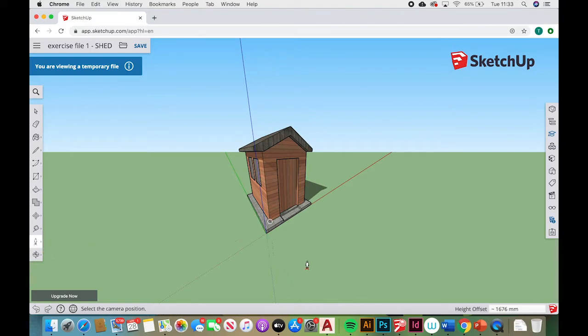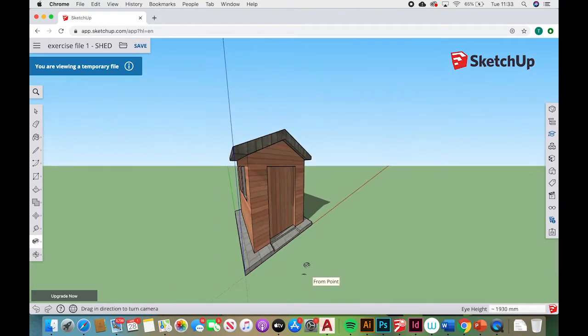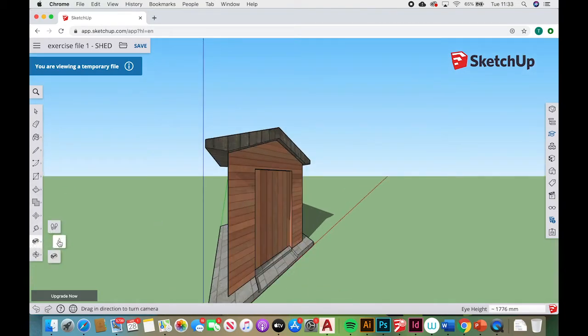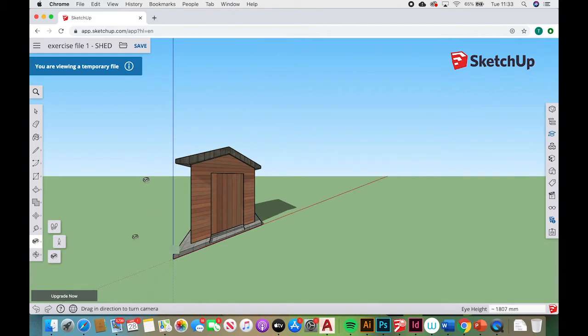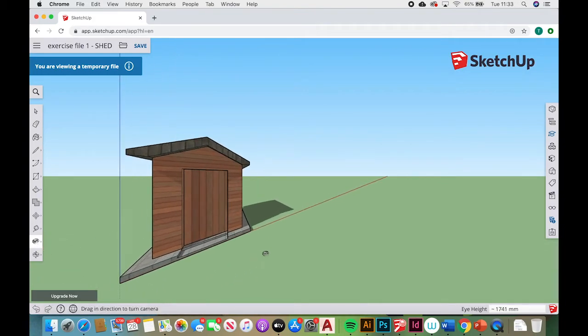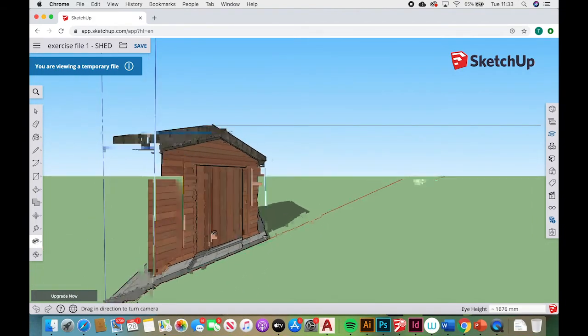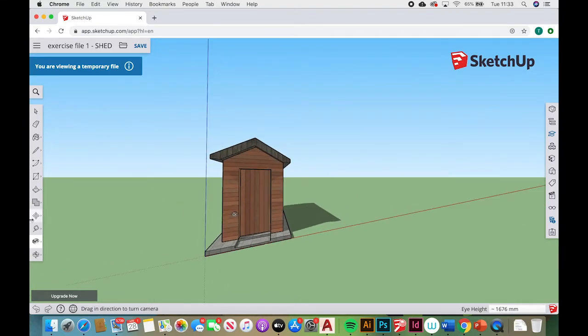You have this tool, which is the position camera tool, which is just a silhouette of a person with an X on their feet, and that will just position the camera at head height at whatever location you choose. And if you just select a point in front of the shed,